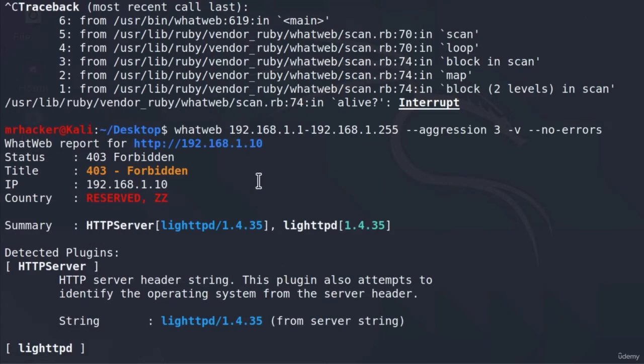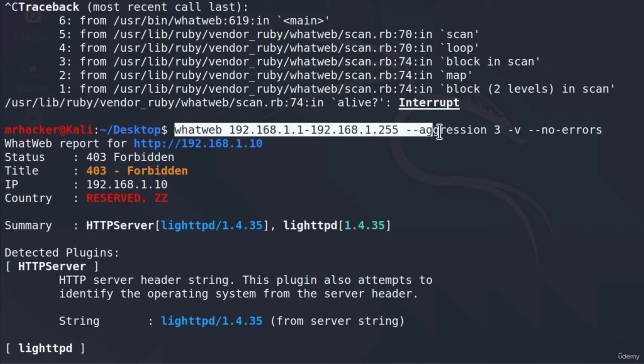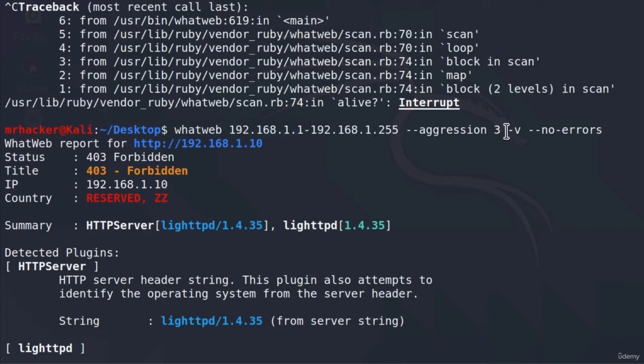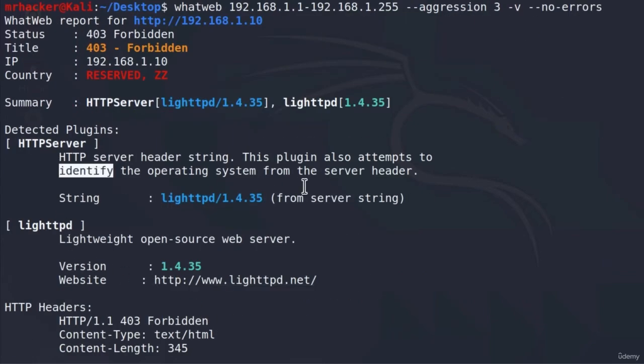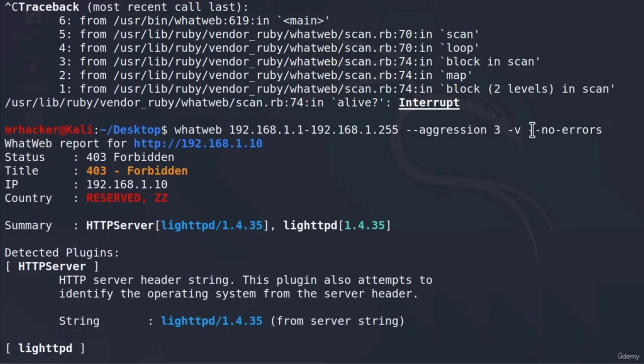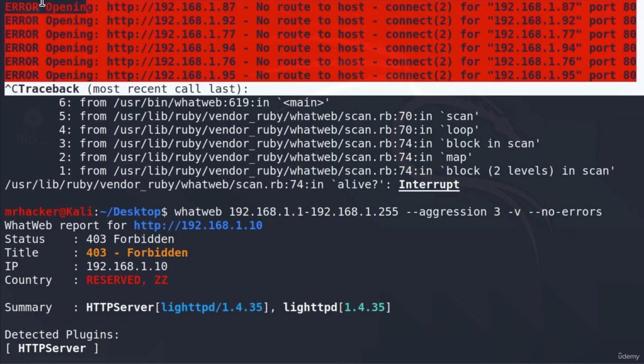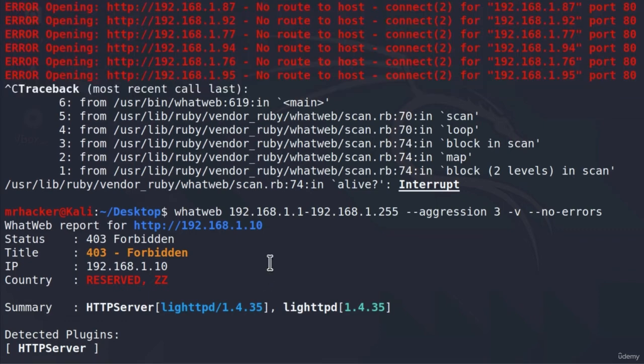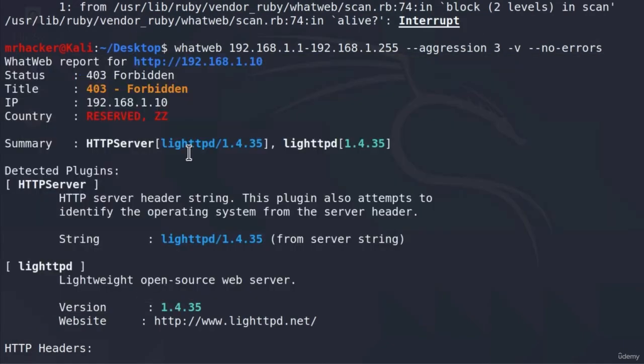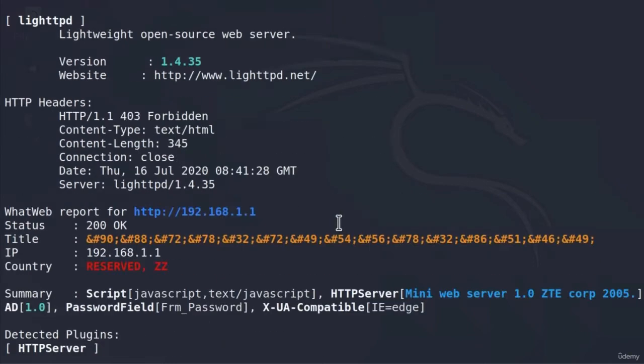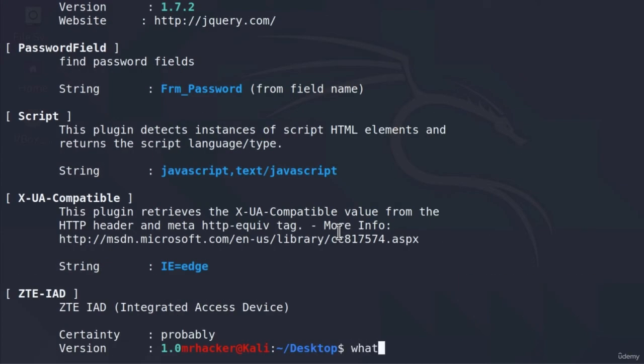Okay, so we ran this command, and we used the aggression level 3, we used -v to output all of the detected plugins as well as their description, and we used no errors to not print out these offline IP addresses. But what if we, for example, wanted to save this output that we got in a file for some future references? Well, if I type the command whatweb